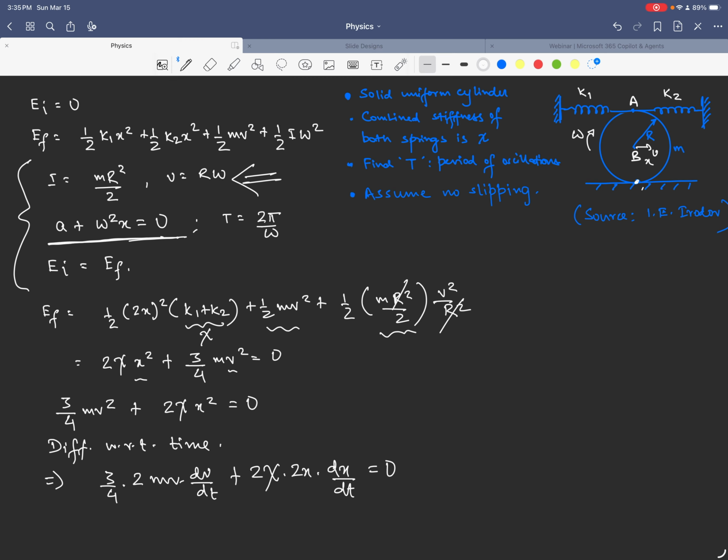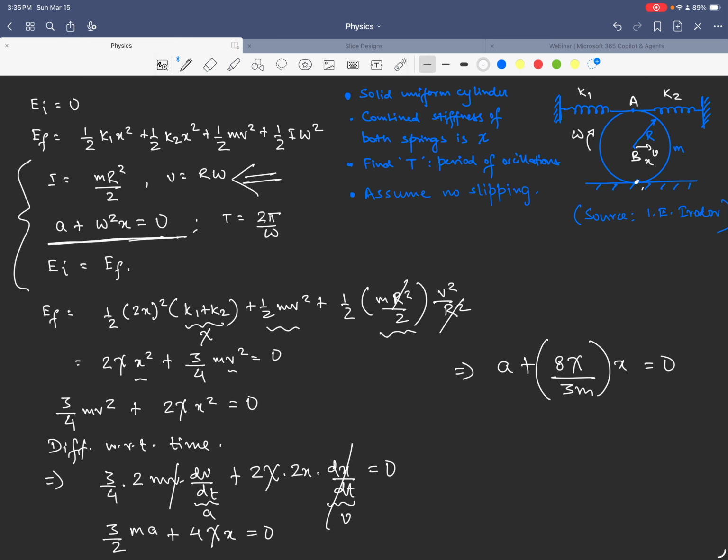We also know that this term, dx by dt, would be the velocity of the center, right? So this velocity and this dx by dt is going to get cancelled, okay? So we can just say that it's 3 by 2 m times a, because this term is now dv by dt, which is acceleration, plus 4 xi x equal to 0, or we can write it as a plus 8 xi by 3m x equal to 0,